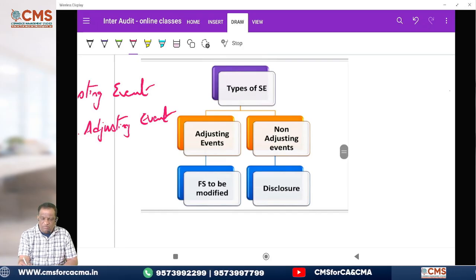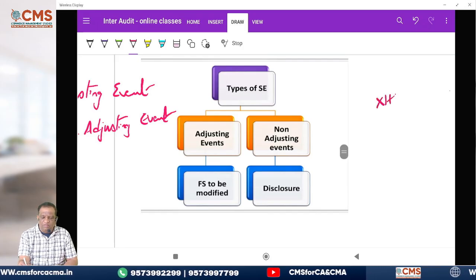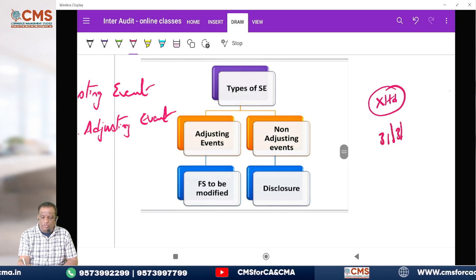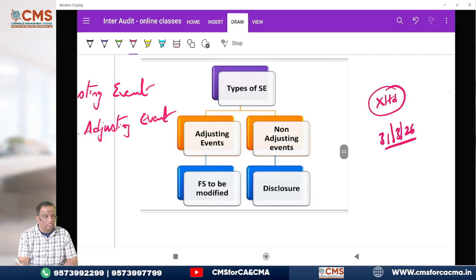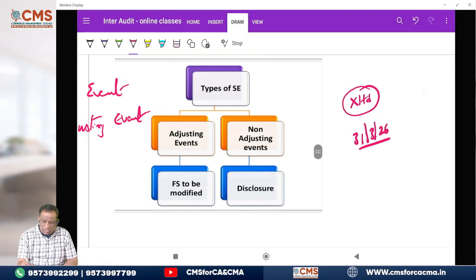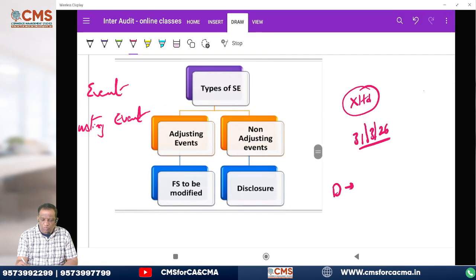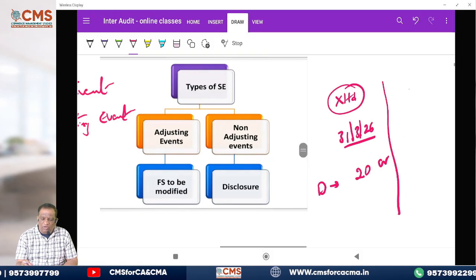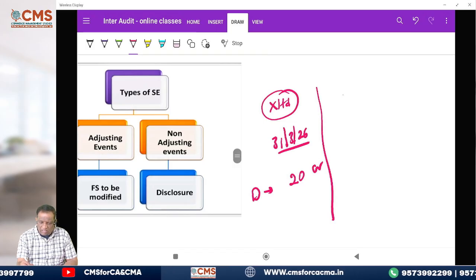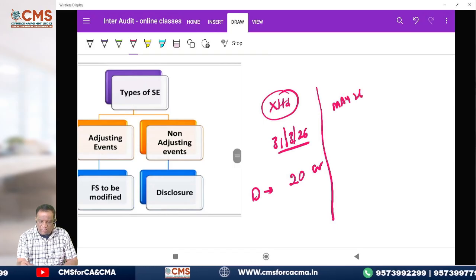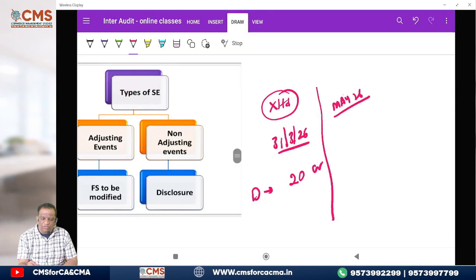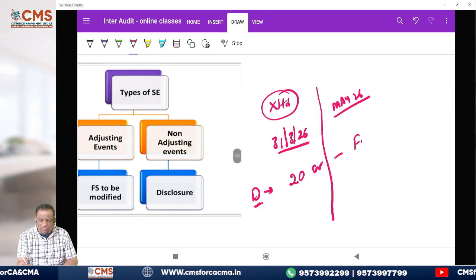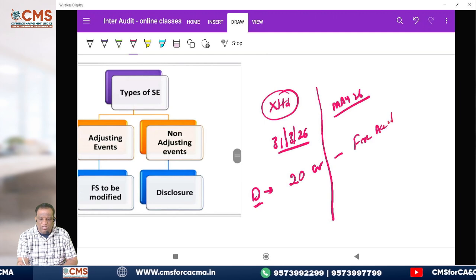What are non-adjusting events? Say I'm doing an audit of X Limited, and the financials are getting closed on, let's say 25-26, that is 31/3/26. Now in these financials, there is a debtor from whom the company had to recover, say 20 crore. Now, when you are doing the audit, in, let's say, May 2026, you came to know that this party from whom you have to collect this 20 crore, there is a major fire accident, and this money may not become